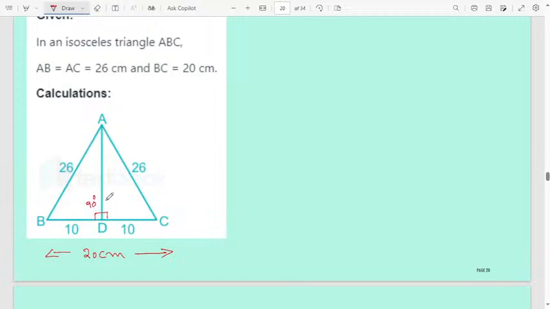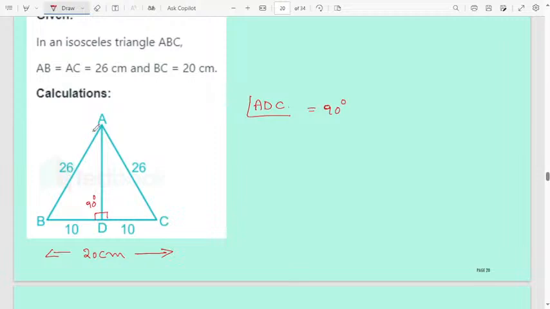Then this ABD is a right angle triangle. Then ADC is also another right angle triangle. Then use the Pythagoras theorem, then you will get the value here. ADC is a right angle triangle, this angle is 90 degrees. ADC. Then here